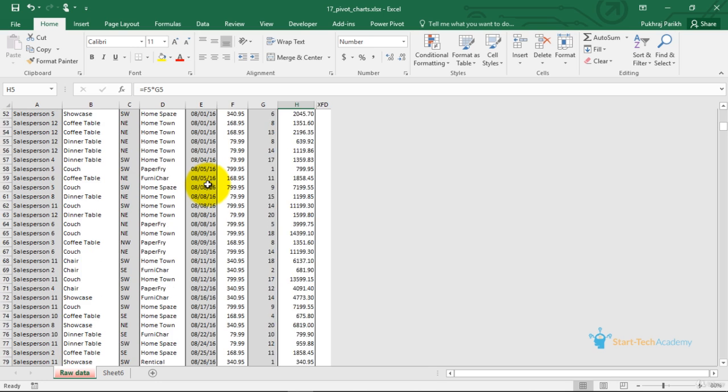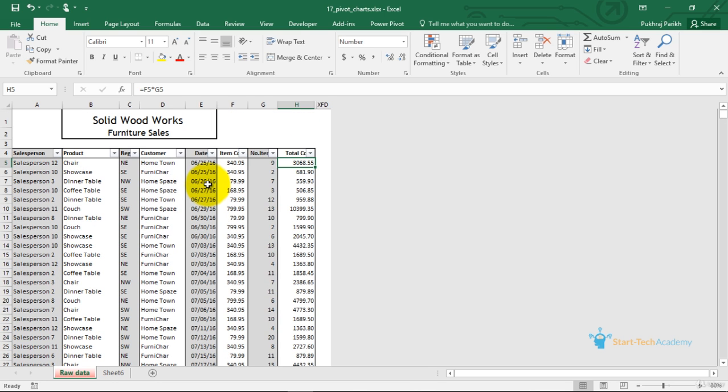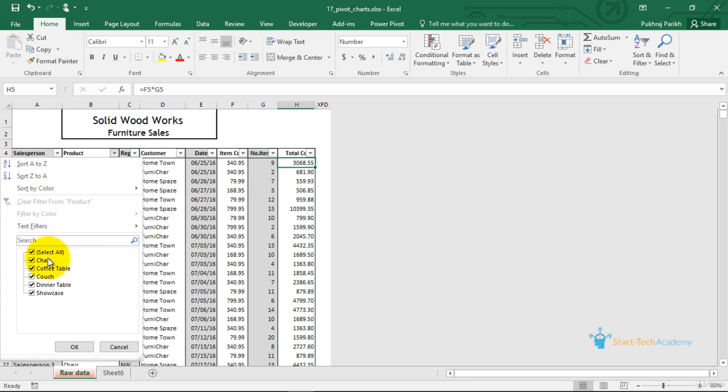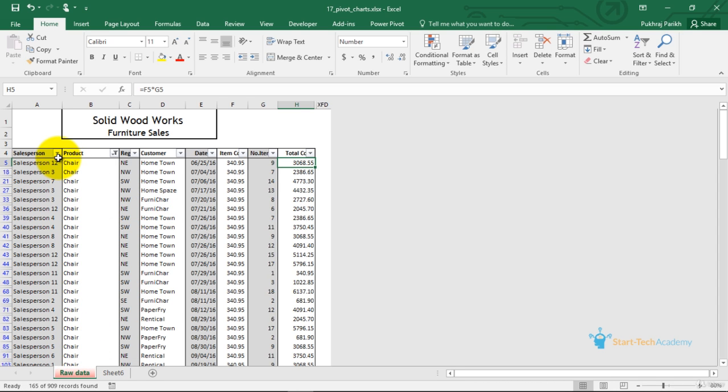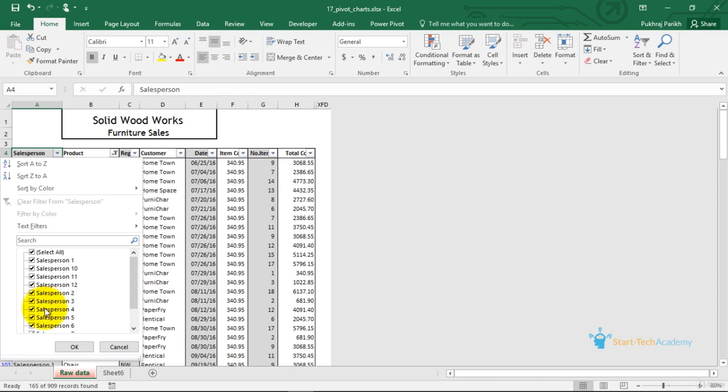If I want to get the total number of chairs sold by salesperson 12, I can do that by using these filters, and setting that as salesperson 12.